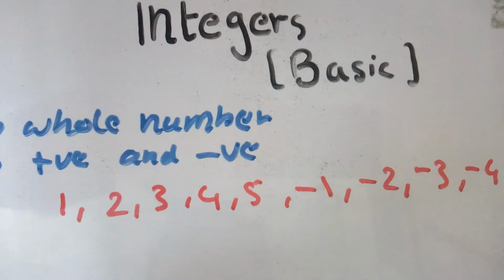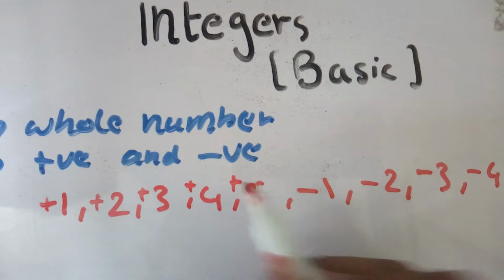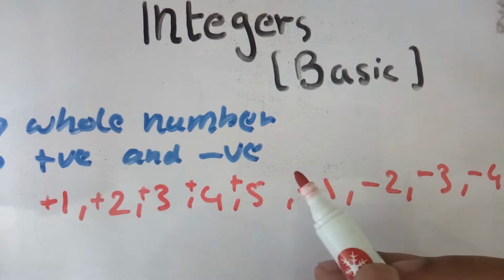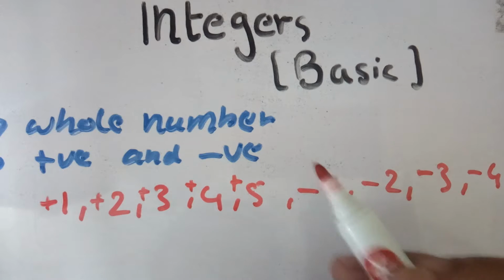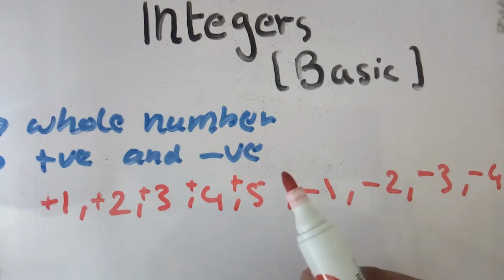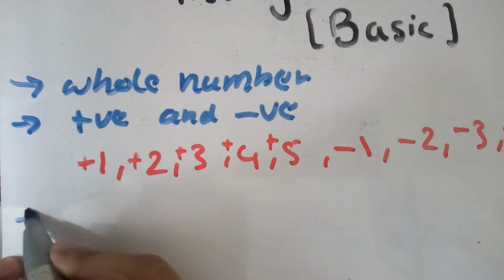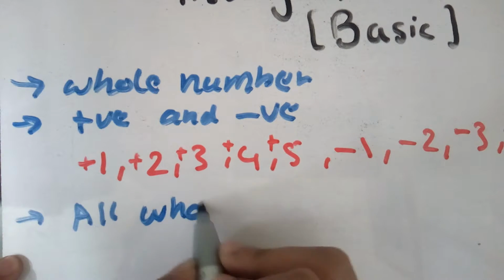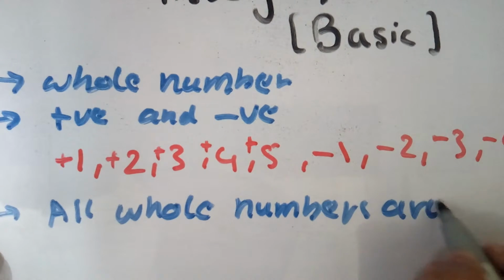But now you'll be wondering, I said positive and negative numbers. You might be thinking these numbers don't have a positive sign, but in mathematics, numbers without a sign are already positive. So all of these numbers are positive numbers. So we can deduce a statement defining integers: all whole numbers are integers,